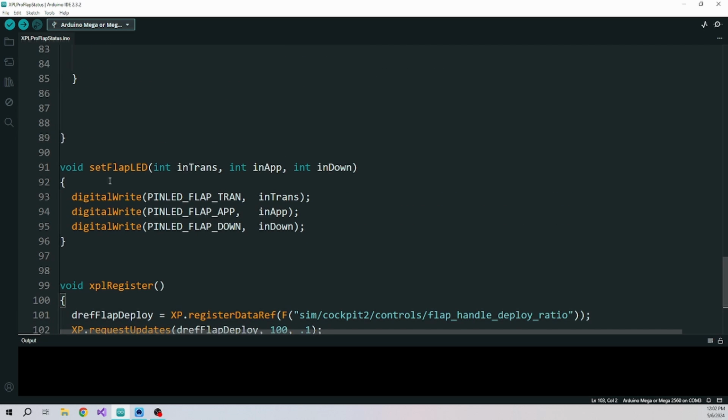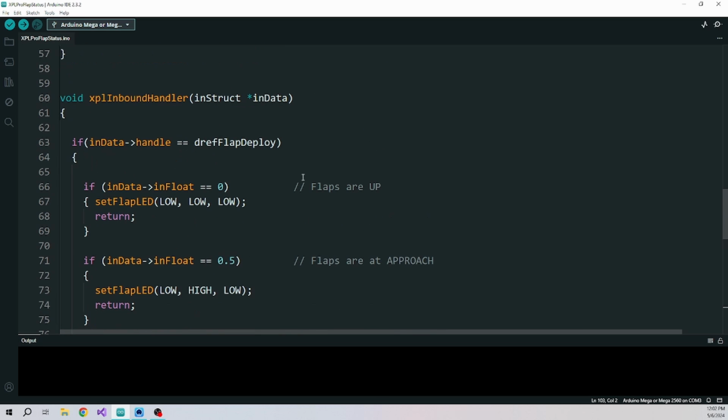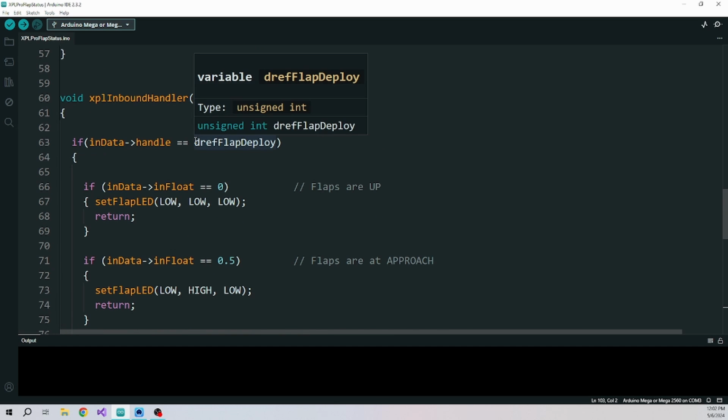I wrote a separate function here just so I didn't have to have this in multiple times. All this does is set the LEDs on. You can specify the 3 LEDs and if you want them on or off, and it writes directly out to the LED for that. The inbound handler, we're watching for the flap deploy data ref to come through,